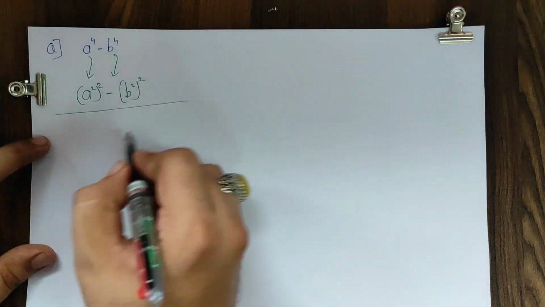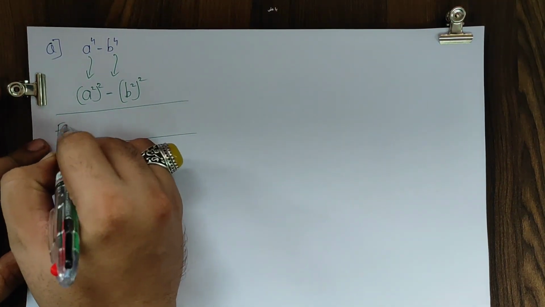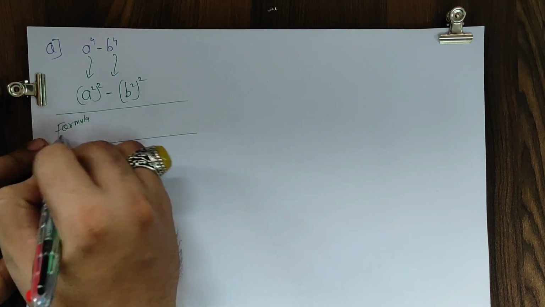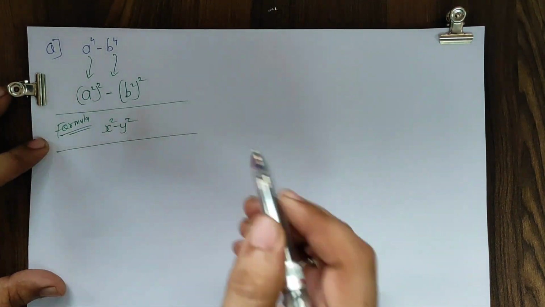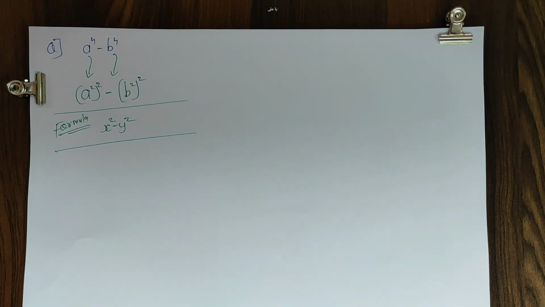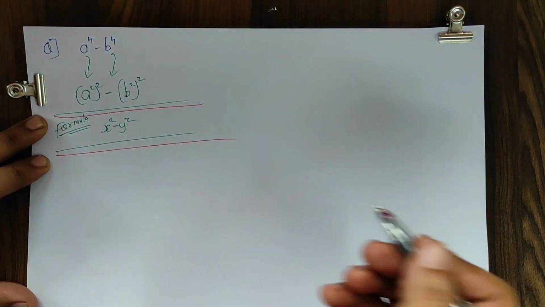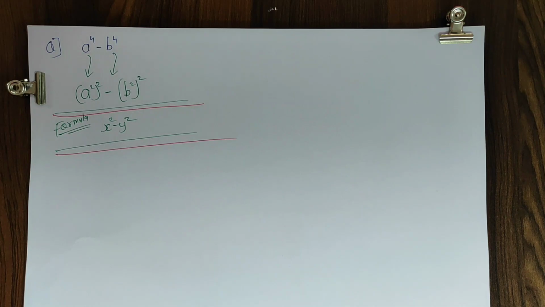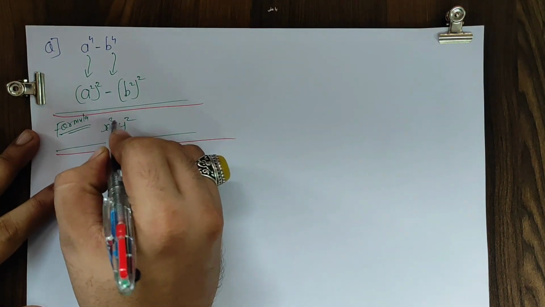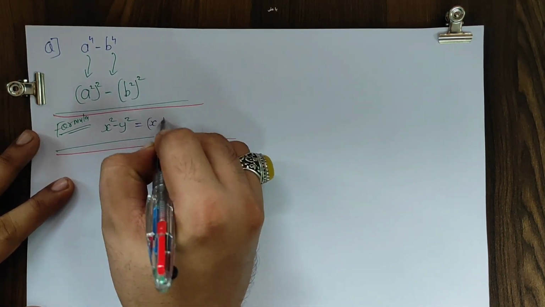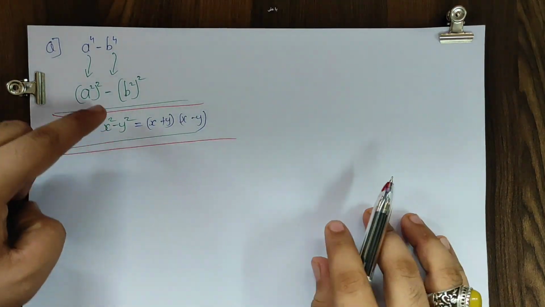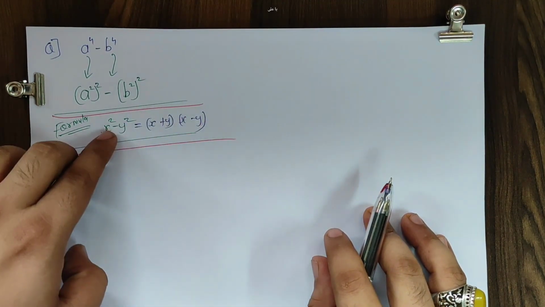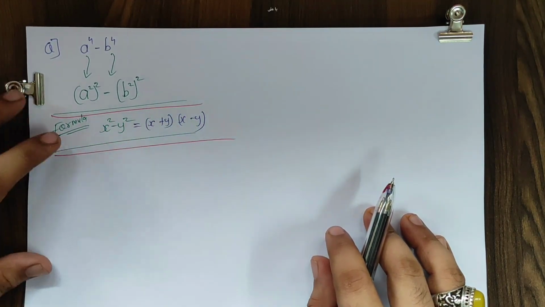See, what I know in my submind, I'll write the formula in x and y terms so that you all don't get confused. I know a fact that x square minus y square. I have just changed the notations just so that you all are not confused. Okay, we know the fact that x square minus y square is what? (x plus y)(x minus y). वही है, a square minus b square is (a plus b)(a minus b). x square minus y square is (x plus y)(x minus y).